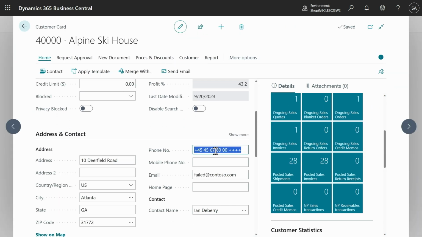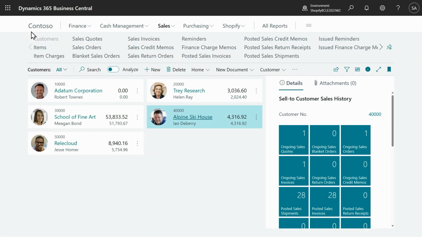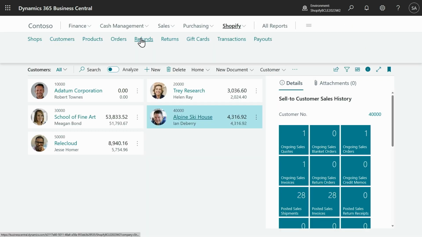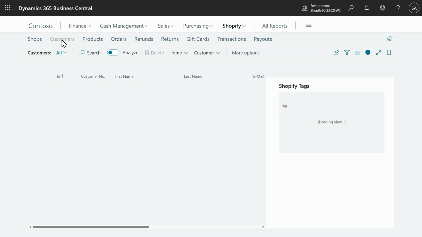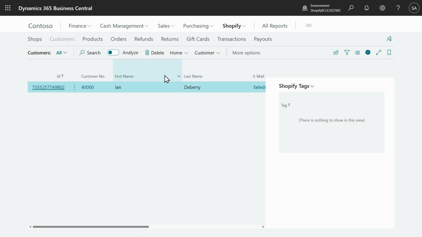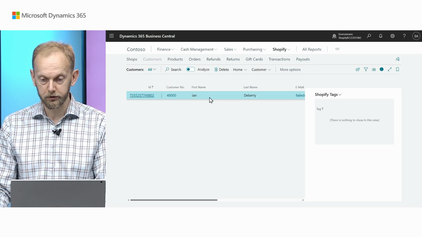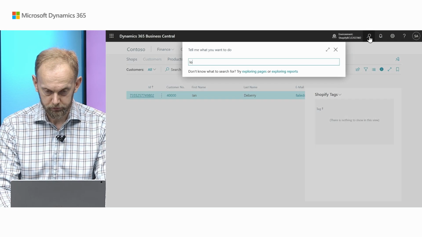Very simply, I will just remove these values. And let's go to Shopify customers and try to do the synchronization now. Okay, we can see that the customer was created, and what about logs?